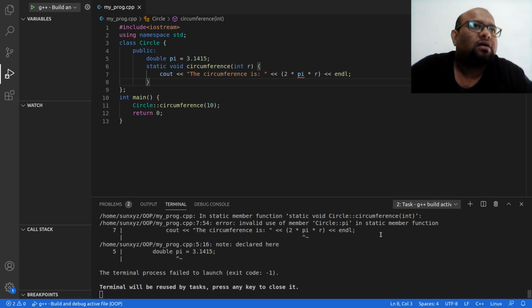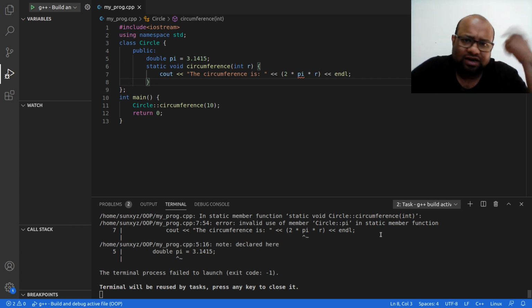That makes sense. Now because there is no object in memory, this pi is not there in memory, because pi will be inside some object of class circle. I did not create such an object. Because I did not create such an object, pi is not there. Now in my method, I am trying to access this pi, but pi does not even exist in memory. So this is a problem, right?